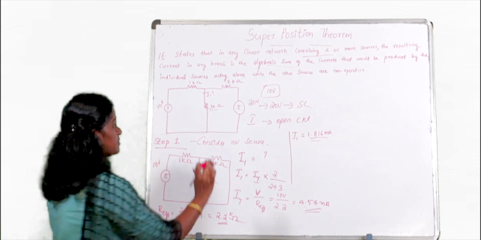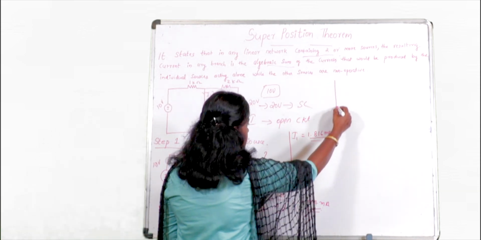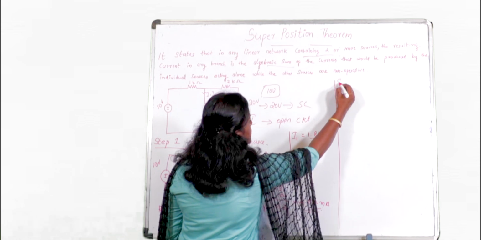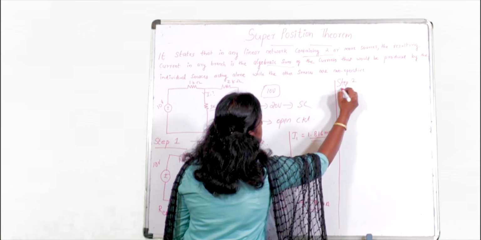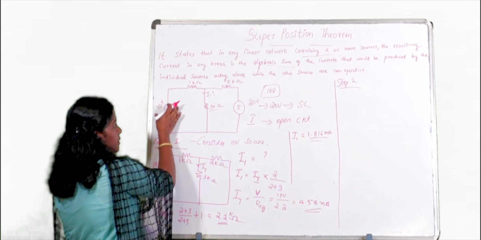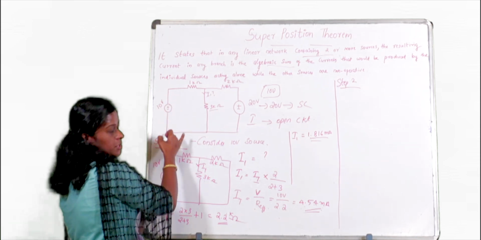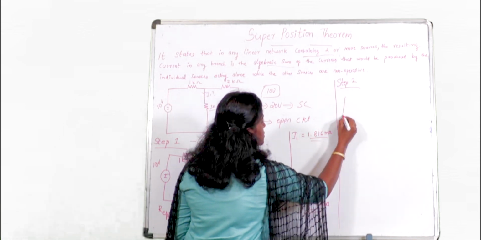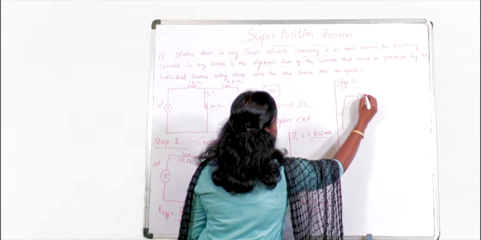So this is the first step. Then in step 2, now I am going to consider the 20 volt source. So at that time, this 10 volt source we will short circuit it. So our circuit will become,